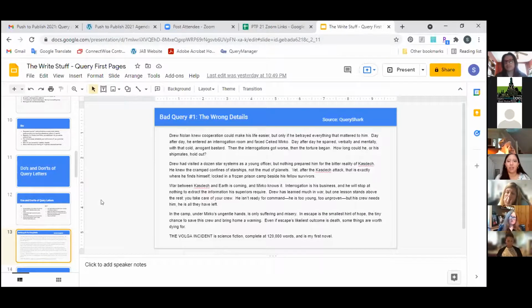This story is telling the wrong details. That's the main issue with it. This is interesting backstory, but he's focusing on all the wrong places. The most important thing is that Drew and his shipmates are in a prison camp. There is a war between these planets. They have to figure out a way to escape. They have to find a way to get out of this place. That's where the plot is. But what we have in this paragraph is him telling us a bunch of things about his story, but they're not coming together to form the actual plot, which would get us interested to find out what's going to happen next.